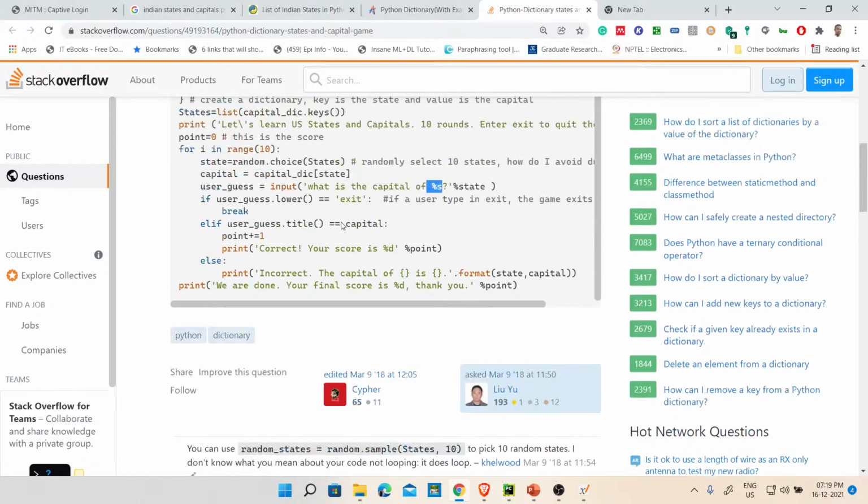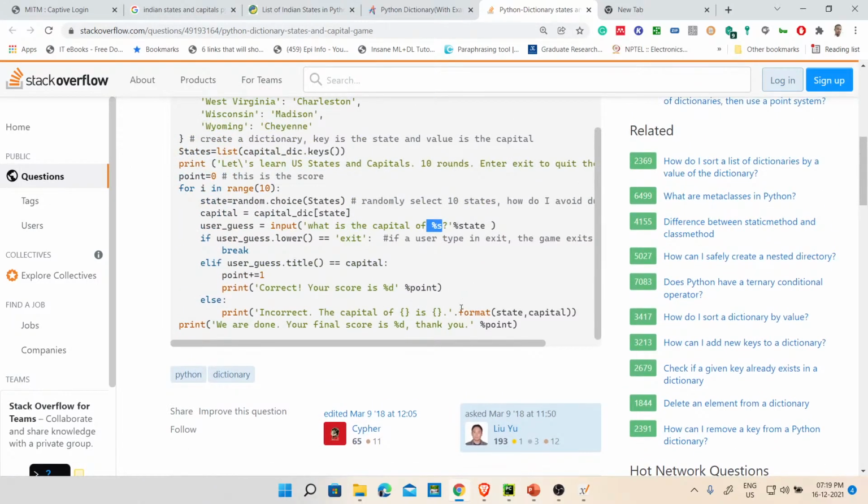So what is the capital of New Delhi? Then you use this format specifier. Okay, fine. The capital of this is this, so incorrect. If you guess it wrong, incorrect, and then your final score is that. As long as it is correct, keep incrementing it, right? And then you keep guessing until you are done. So this is a simple random quiz generator. Only for 10 attempts you have to do, but we don't need this. We need to generate all the text files, right?